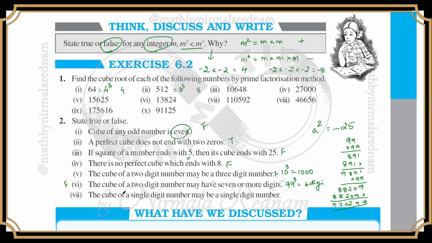Next I have: the cube of a single-digit number may be a single-digit number. 1 cube is 1. Single-digit number cube is single digit. So this is true. The sums like 99 cube, you will be able to do in a much faster and elegant way once you have algebraic expressions and the identities, where you can use a cube, (a minus b) whole cube, and things like that. So with this, we come to the end of chapter 6, cubes and cube roots. And in the next video, we will be starting chapter